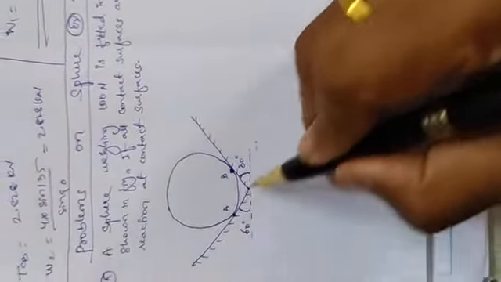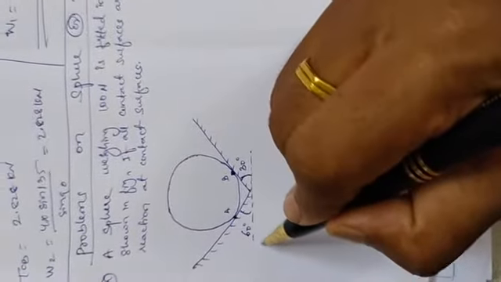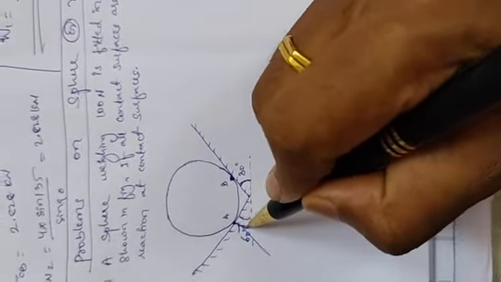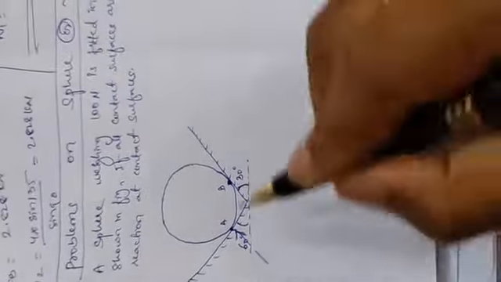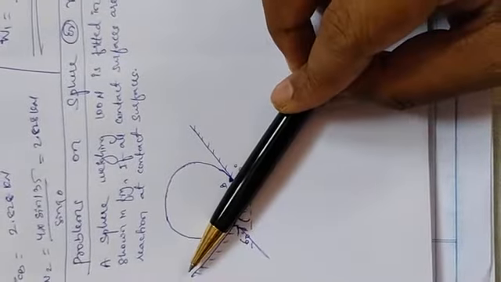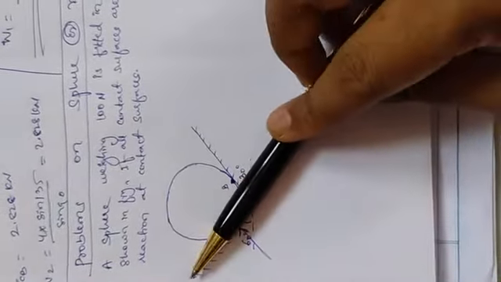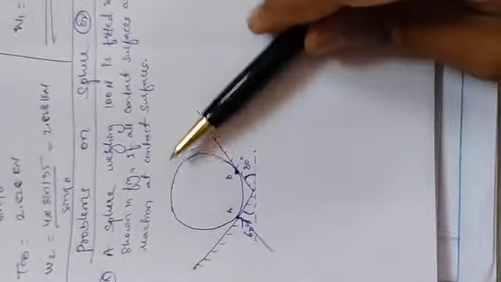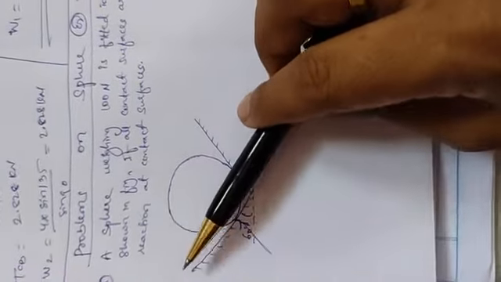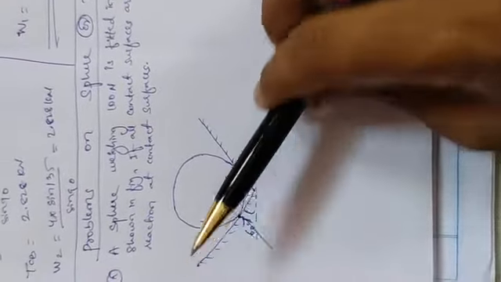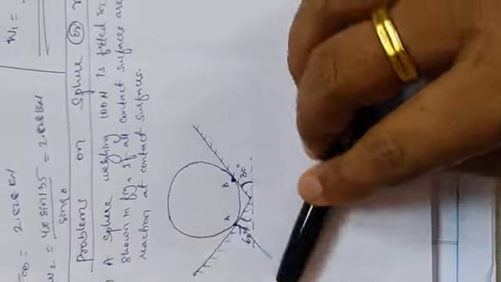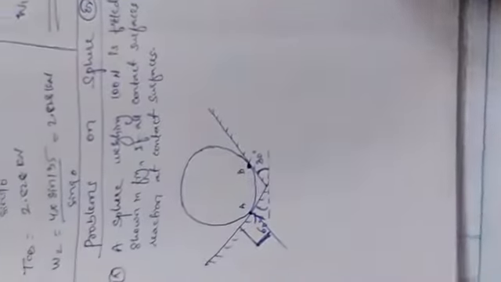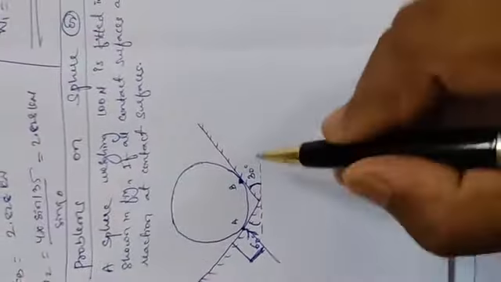Now this plane is making an angle of 60 degrees. The reaction will always be perpendicular to the plane on which it is acting. For this case, this plane is making an angle 60, so this reaction will be perpendicular to this plane, irrespective of the angle made by the plane. Please keep in mind that the reaction will always be perpendicular to the plane on which it is acting, so this angle will be 90. Is it clear?